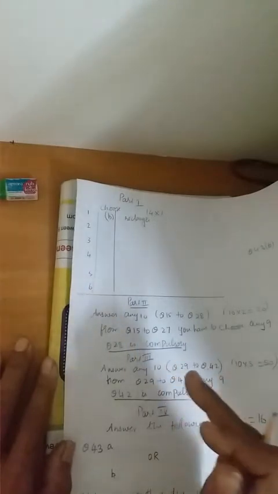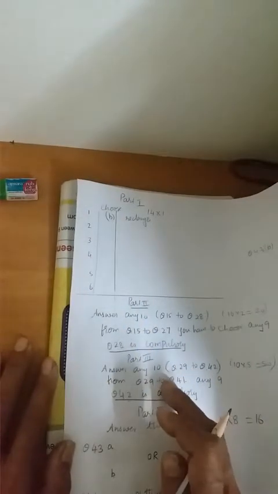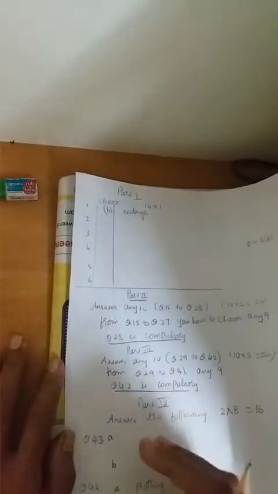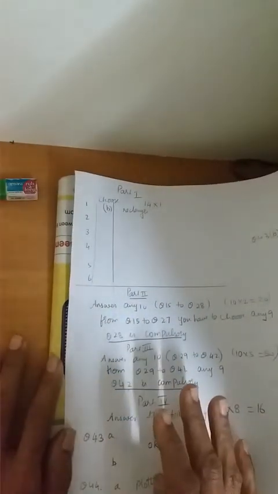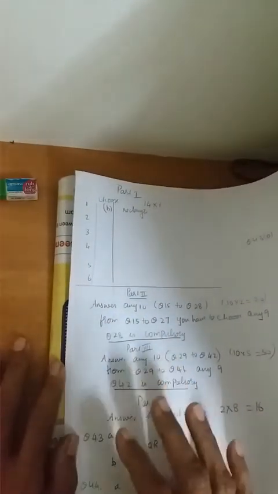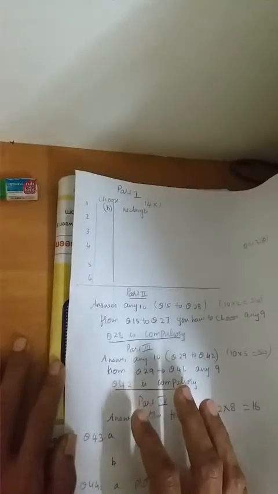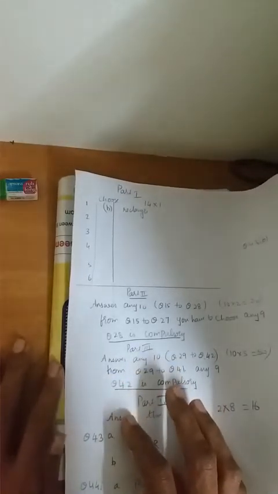In this also, after each sum you finish, please draw one line. Box the answer. Everything should be very, very neat. Everything you should present very neatly. If you have this habit now itself, when you go to 10th, 11th and all, it will be very easy for you if you follow this pattern. So please draw the line after each sum, box the answer, and present it neatly.